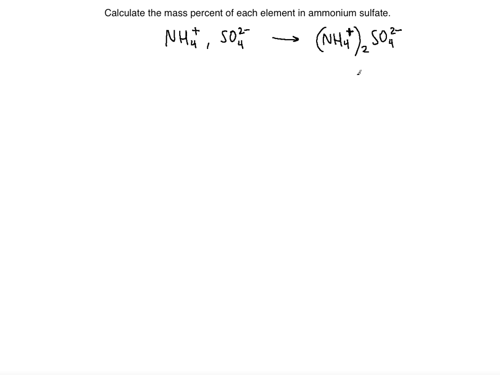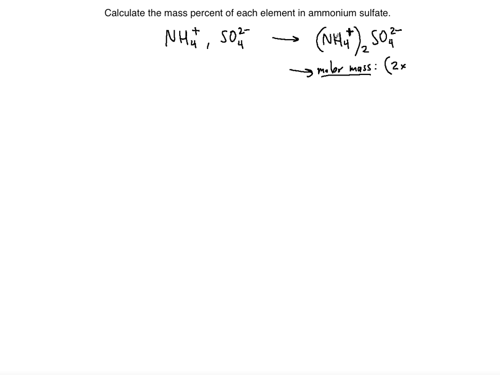Okay, so now that you figured out how to write the ammonium sulfate, you need to calculate the mass percent of each element in this. Right, so first we will take the molar mass of this, because we're going to need it. The molar mass of ammonium sulfate is going to be, so there are two nitrogen atoms here, because the subscript pertains to N. Right, so twice the